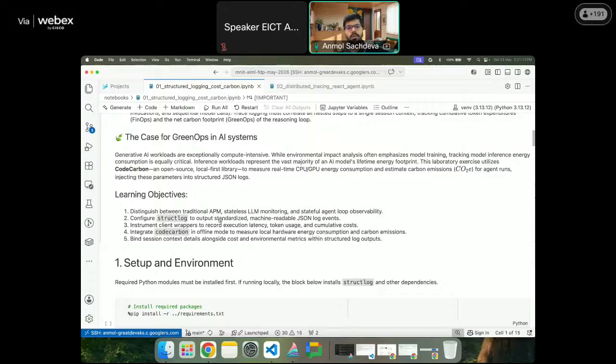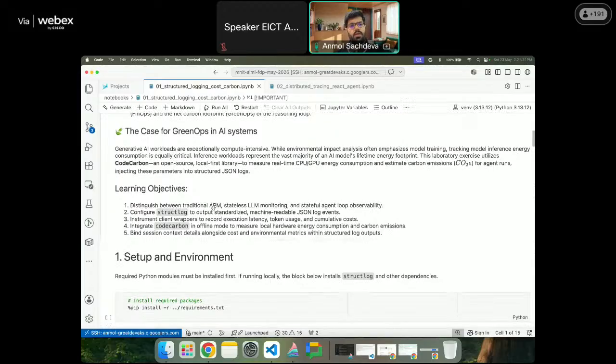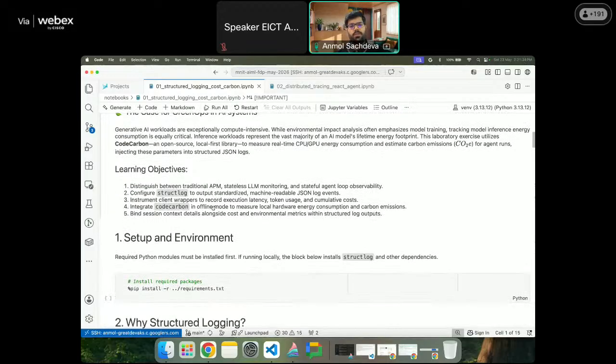If you feel like going with Rust, Golang, C++, Java, whatever you feel like, go ahead and try to simulate a similar kind of ecosystem, and you should be good with the experiments there as well. We are going to have some wrapper functions written just to record the latency, maybe token usage, cost usage, aggregations, etc. We are also going to use a specific library called Code Carbon, which gives us an